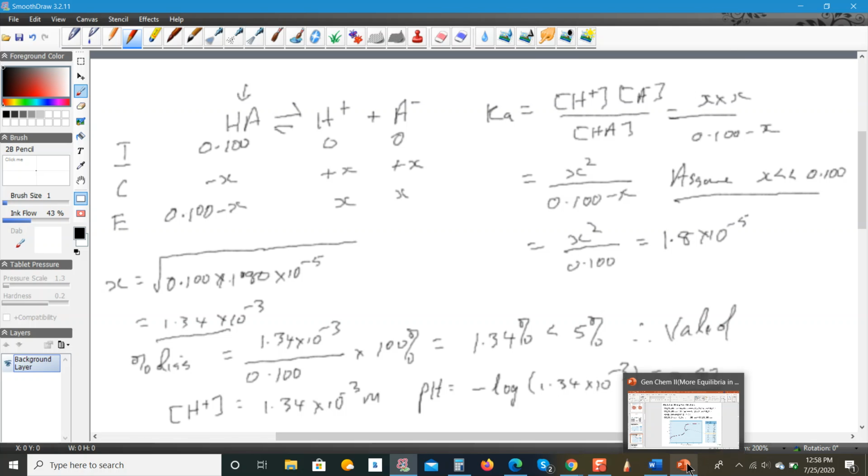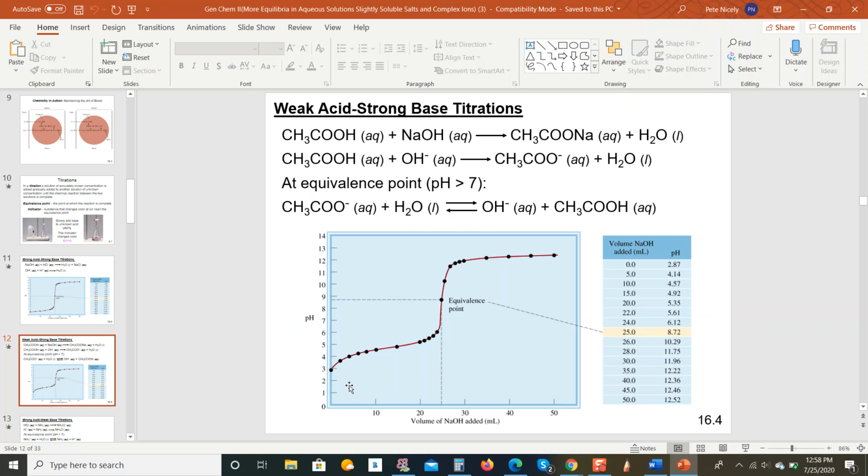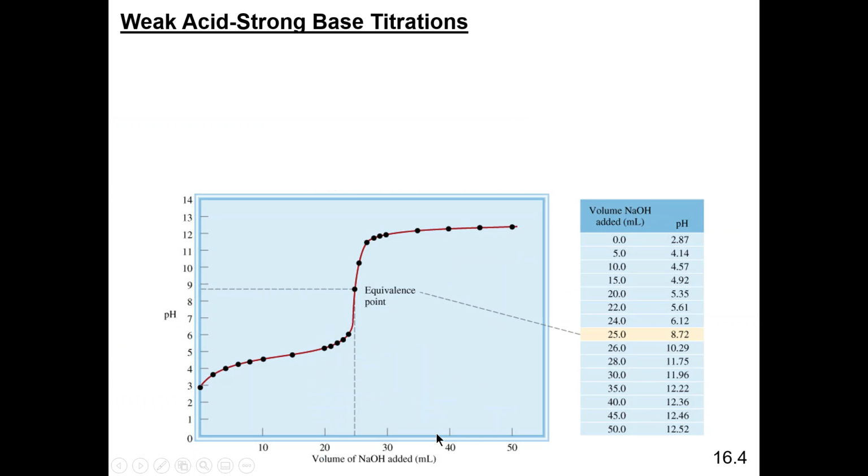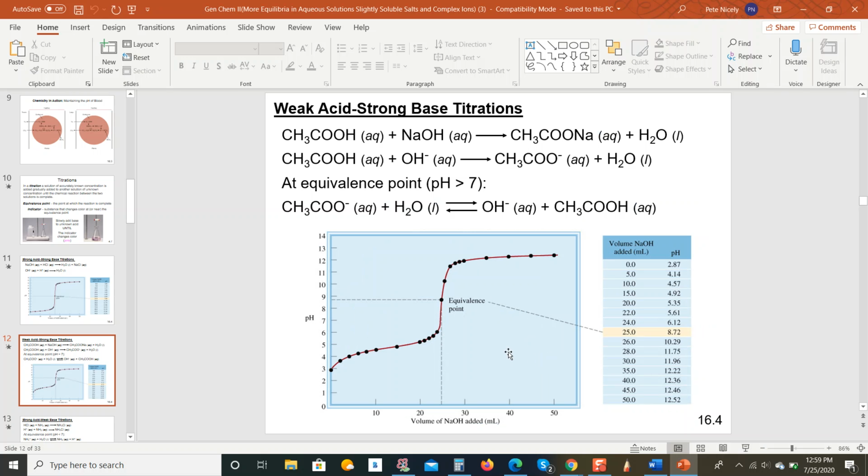And just to point out the correspondence in the graph itself, you'll see that right here is 2.87, which is the pH before you add any sodium hydroxide to it, all right? Okay, so that's basically how we calculate the pH of the initial solution before any sodium